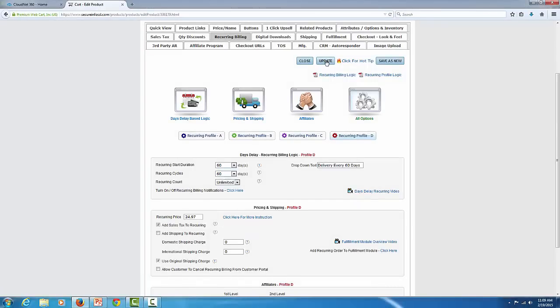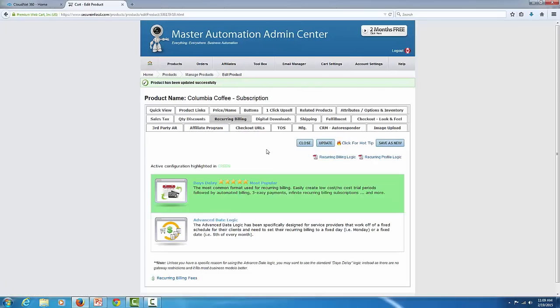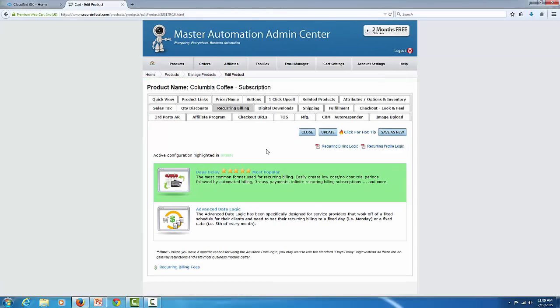And finally, I'll just click update. So now we have a one-time purchase product, and we have a product that we can offer our customers with recurring billing. But I know we're not done there. We still have numerous ways in which we're going to make this even more powerful and a much better optimized